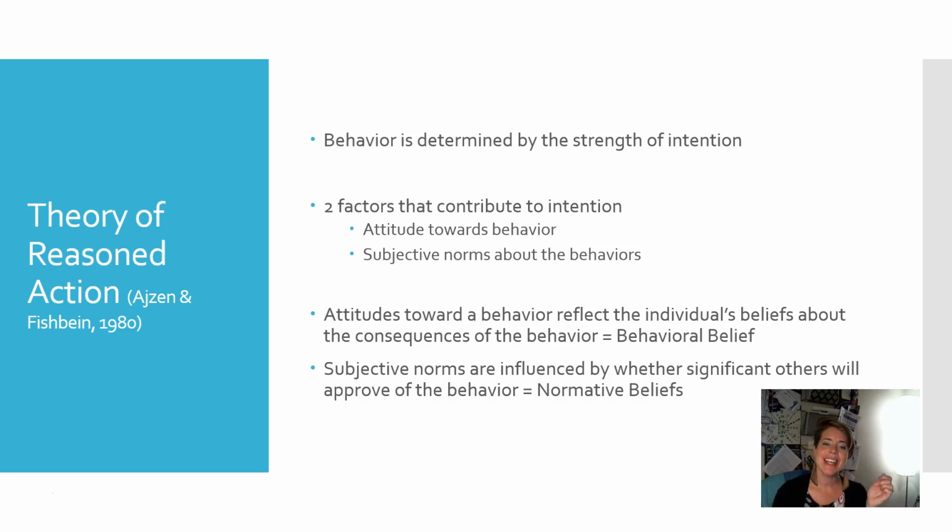right? So attitudes toward a behavior reflect the individual's beliefs about the consequences of the behavior, and subjective norms are influenced by whether significant others will approve of the behavior. This normative belief piece, the subjective norms, is something unique to theory of reasoned action that some of the other theories don't capture. You can see already how you could cherry pick from any one of these theories little pieces